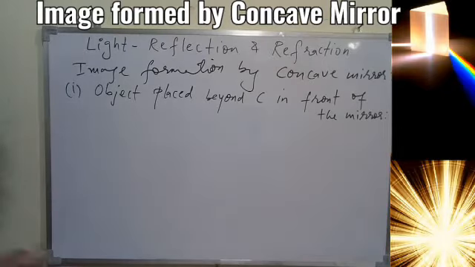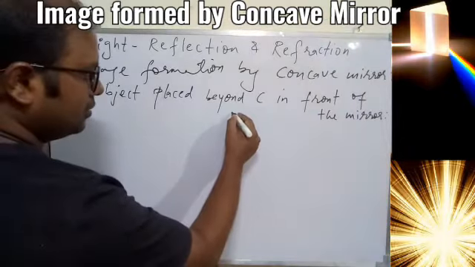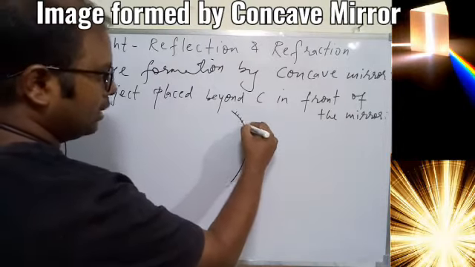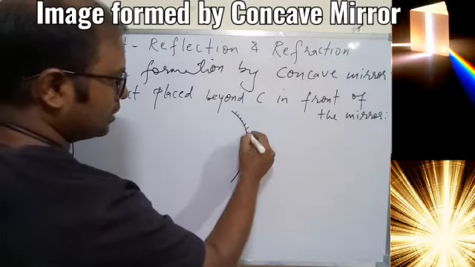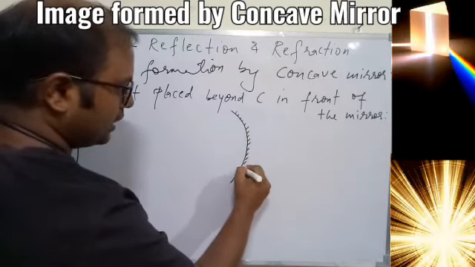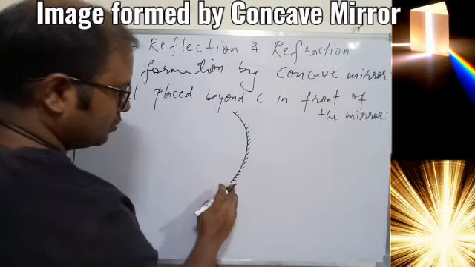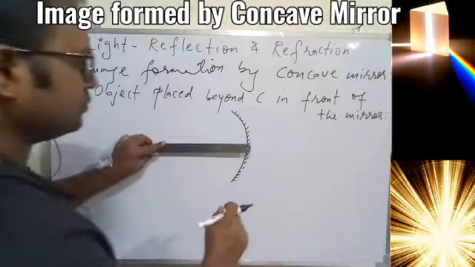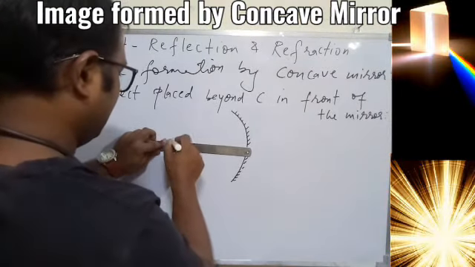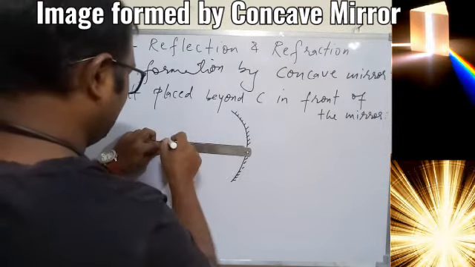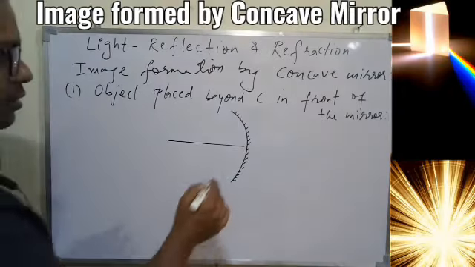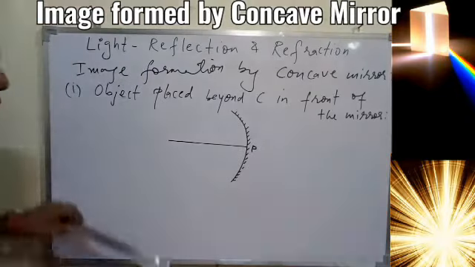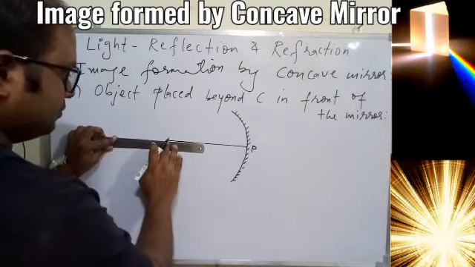So very first, we need to make the concave mirror, and from now onwards you must take care of the diagram, because all the ray diagrams should be done in a proper way, that is, neat and clean work should be there. After this we have to draw the principal axis, and this is nothing but your P, the pole. So extend it further.